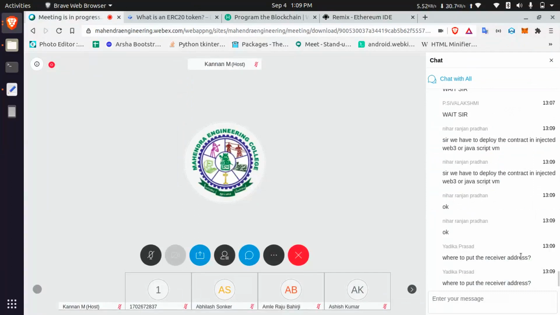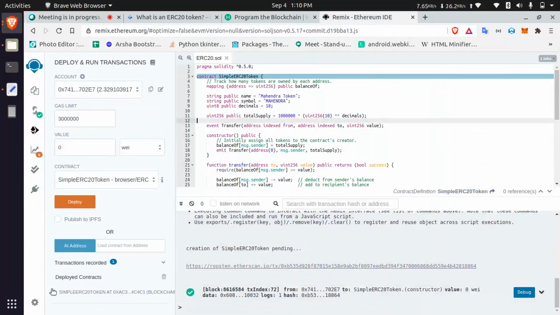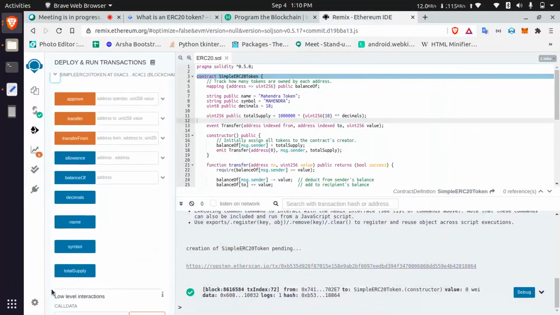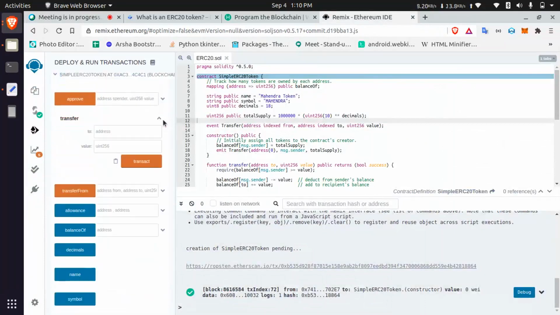Where to put the receiver address? I want to know where you are, then only I can see. Let's say you deployed your contract, it will show the contract here. You can perform the transfer here also.